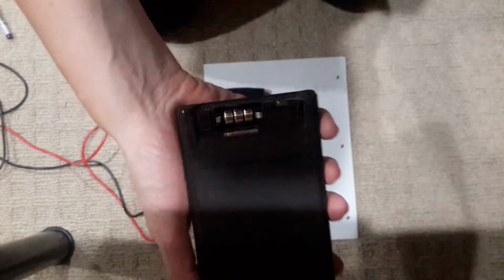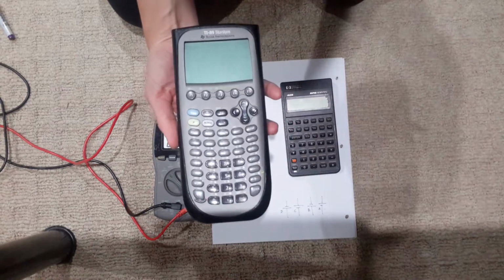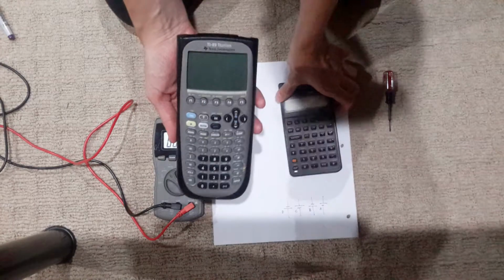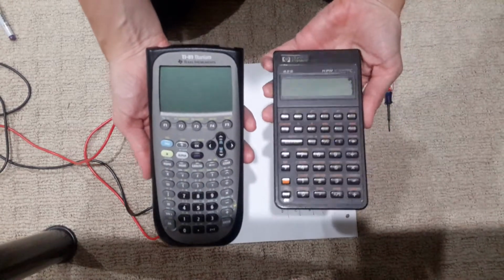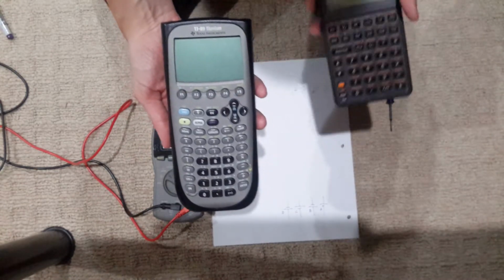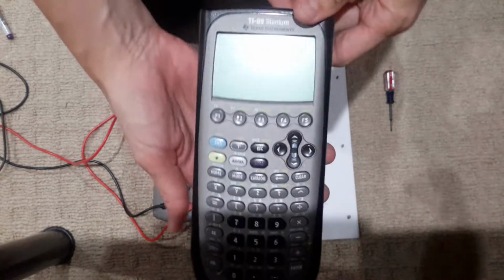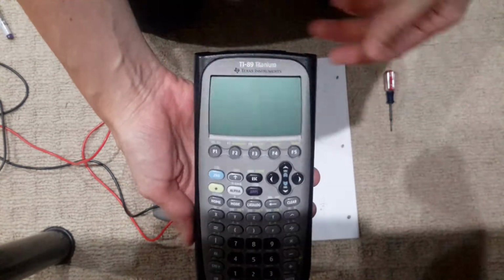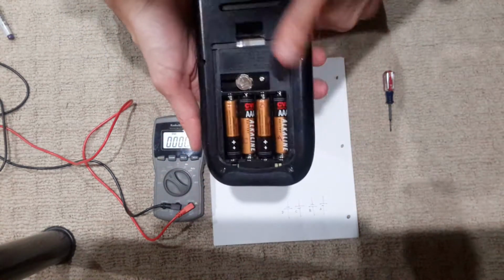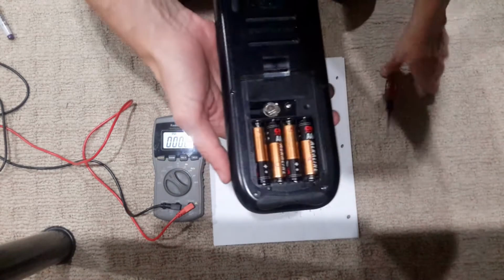I think the confusion comes from some of the TI calculators or more traditional calculators. So this other one that I just showed is an HP. It's an RPN, reverse Polish notation calculator that I highly recommend. But if you have a TI and you turn around, it does feel like these are in parallel, but I